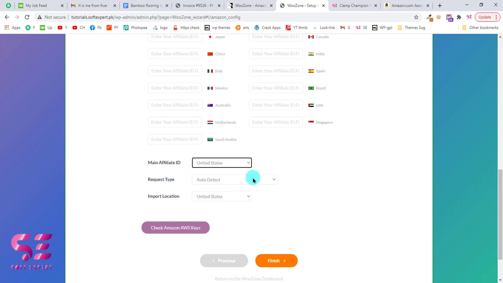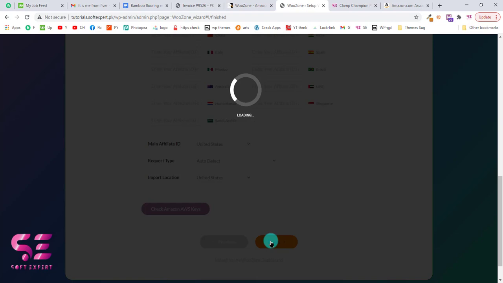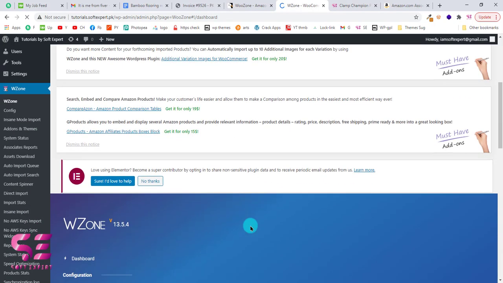The request type is auto detect. Also the import location is United States. So don't change these options and click on finish. And that's it. So this was the basic setup of the plugin. You can close this. And now if you scroll down,